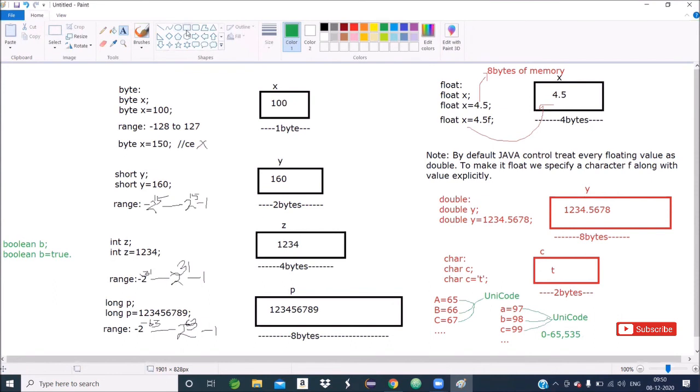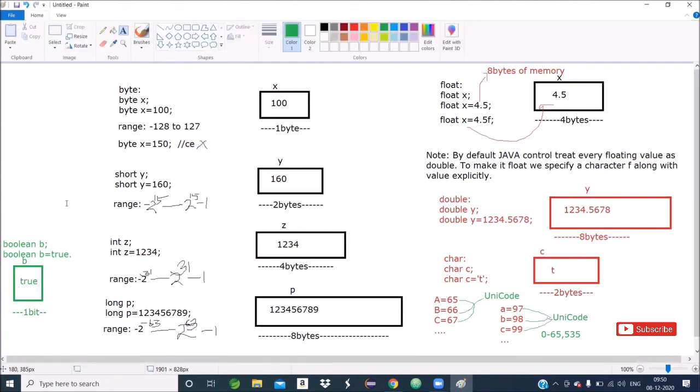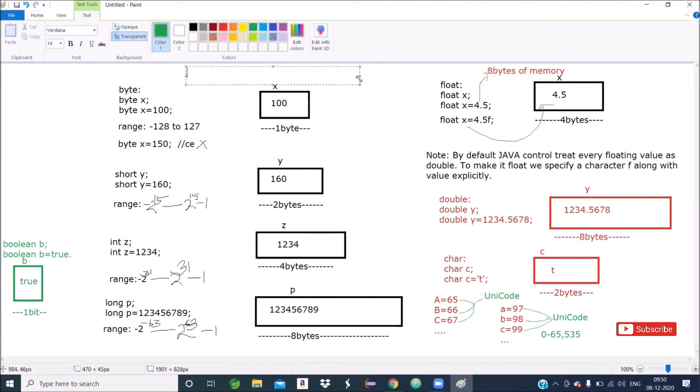How much memory for Boolean? You remember, simply one bit, not one byte. One byte is equal to 8 bits. So here only one bit of memory will be allocated. Let the name of the memory be b, and the value is true or false, whatever we have assigned.